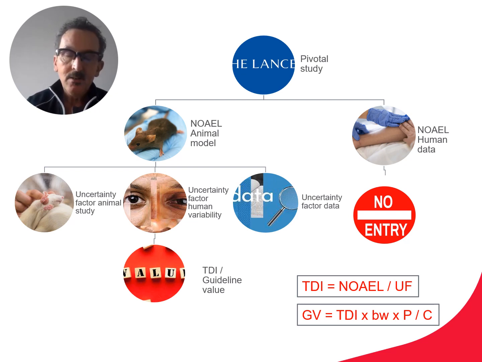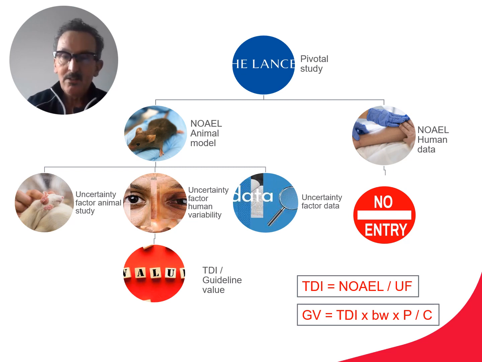Then the next line, we have to introduce 3 uncertainty factors, each one of a factor 10. Why? Well, first of all, there's uncertainty because we base ourselves here on a NOAL obtained from an animal study. We're a different species, we're not mice, we're not rats, so that's an uncertainty factor of 10 introduced. You divide the NOAL by 10 to make it 10 times more strict. The next one is uncertainty between humans itself. They vary in their sensitivity, so that's another factor 10. So now we divide by 100.